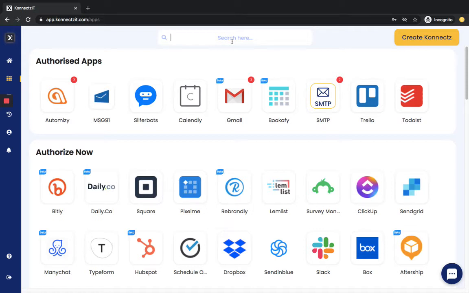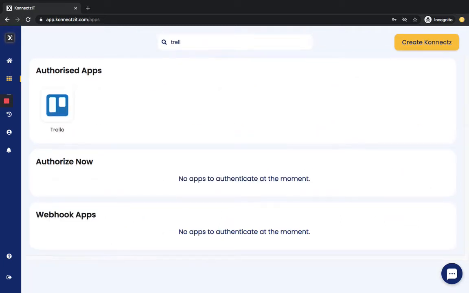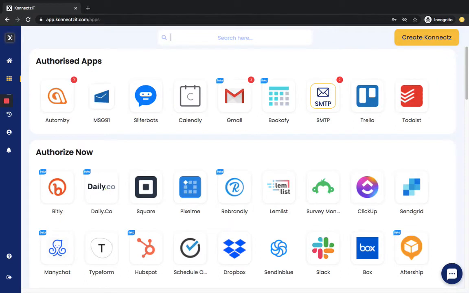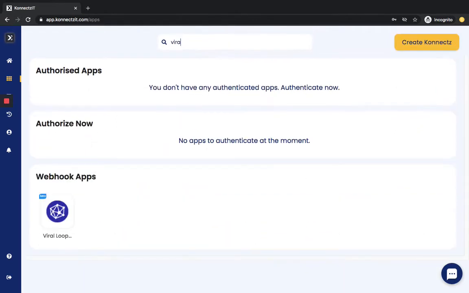For example, I can search for any app like Trello. So you will find the respective app.